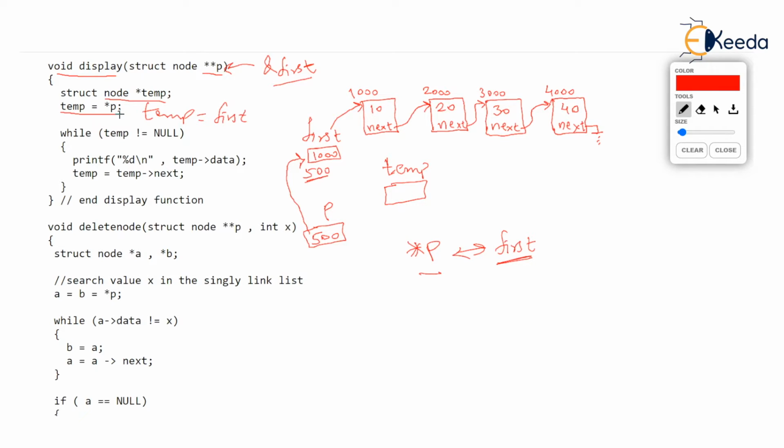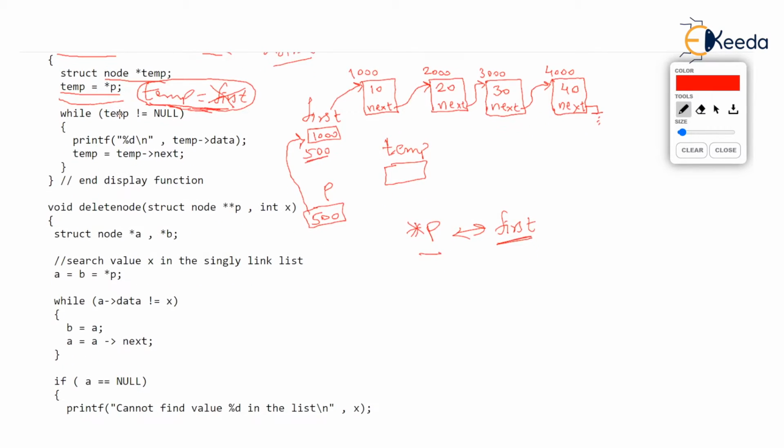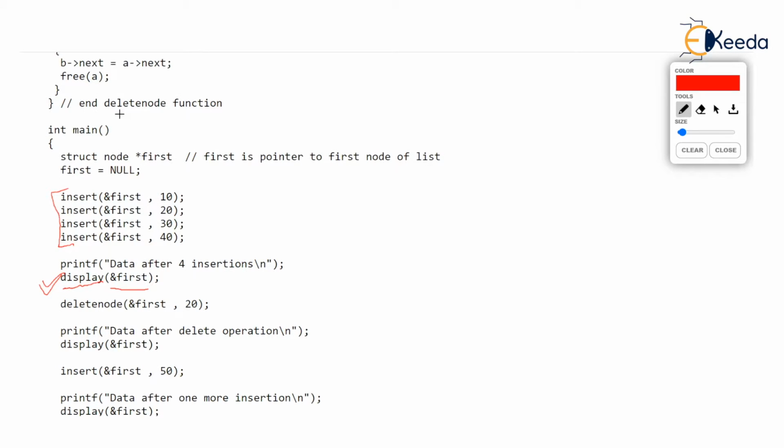Now coming back to the same question which I raised in the previous video. Any beginner would feel that if temp equal to asterisk P is same as temp equal to first, then why don't you write temp equal to first here straight away? But if you write temp equal to first here, you will get an error: first is not defined. Stick to the fundamentals of auto storage class local variables. Notice the first pointer has been declared inside main. So in case you need first pointer in some other function, you can't access it straight away because first is accessible only in the scope in which it is declared.